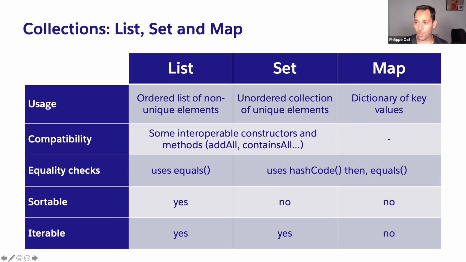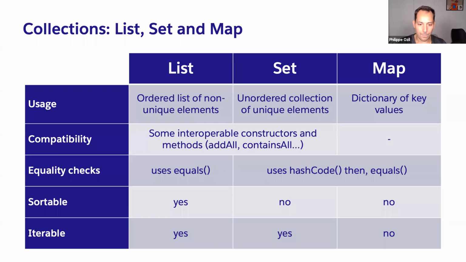Then there are maps. Maps are simply a dictionary with keys and values, and you can control the types of the keys and the types of the values. Now, what's interesting with these different types is that the list and set are actually interoperable to a certain point. They share some common constructors. So for example, you can switch from a list into a set by using a special constructor. If you do a new set with a list as a parameter, you can convert a list into a set